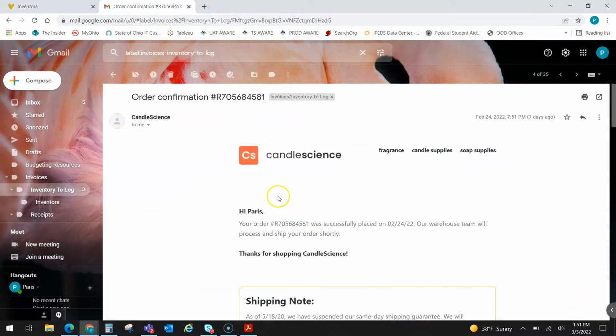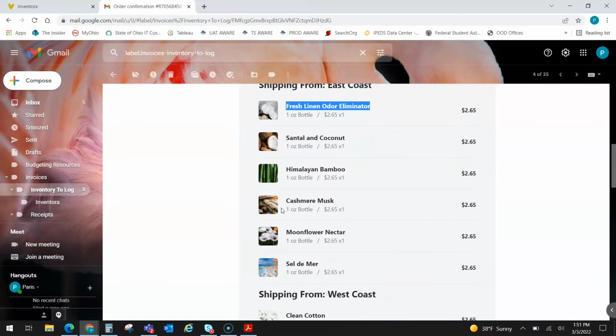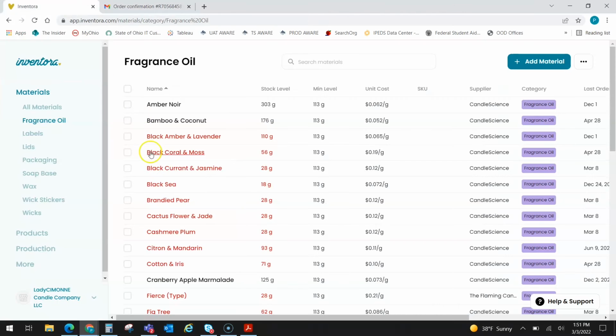And so you would do that for every single item. So I would do that for the remaining 6 fragrance oils. And that is how you enter in a new material. Now, when you